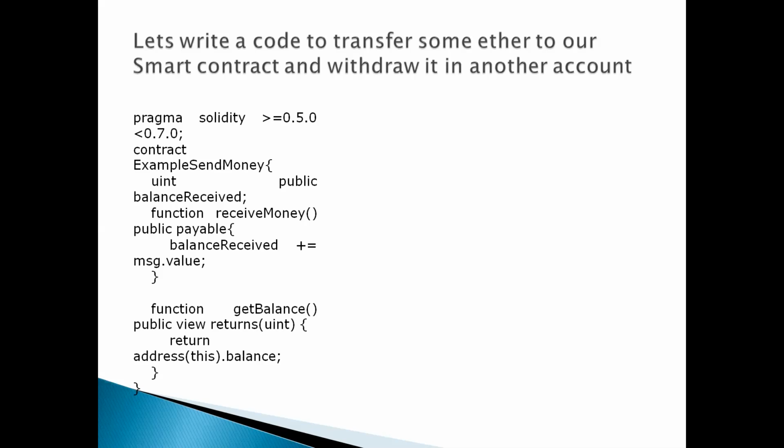Second thing that we are doing in this smart contract is checking the balance of our smart contract. You need to understand that the balance received state variable is updated every time some money, some currency, is sent to this smart contract. But we are not updating it when we would be deducting or withdrawing some amount from the smart contract. We have set the balance received only to keep a check on how much amount was received by this smart contract. This I will show you in the demonstration.